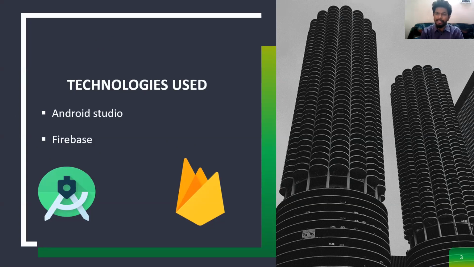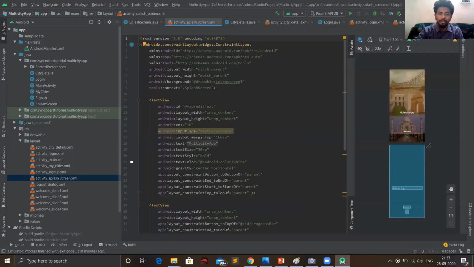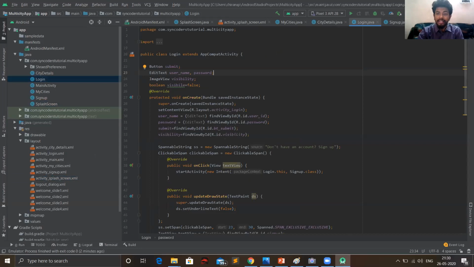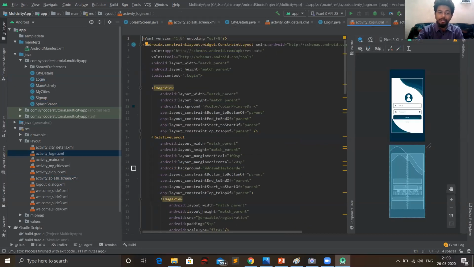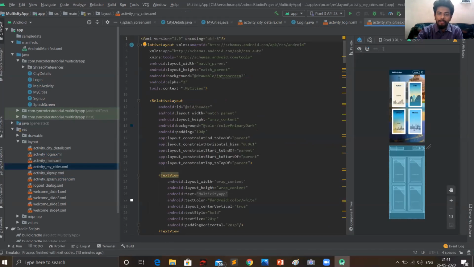While developing this application, I took some screenshots so that it can be explained more elaborately. The first one is the splash screen. As I told you, there are two files, one Java and one XML. This is the Java file of the splash screen. The second one is the XML, where the designing part is contained. The second one is the login page, and this is the Java file, and this is the XML file which contains the designing part. And this is the Java file of the main activity page. And this is the XML file where we have all the default cities inside our application.